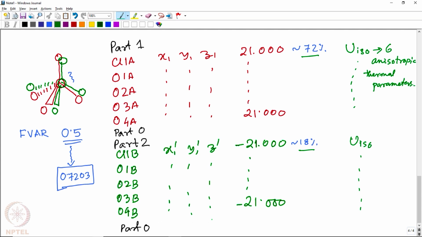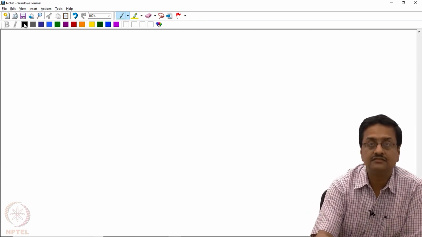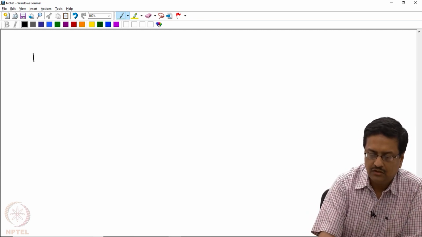Now, if you see that the coordinates of Cl1a and coordinates of Cl1b are very, very similar, or they are exactly same, and also the corresponding thermal parameters for those are also very similar, you can then constrain or restrict that both chlorine 1a and 1b should have the same location and same thermal parameter. So to do that, one can use two commands simultaneously. The command is